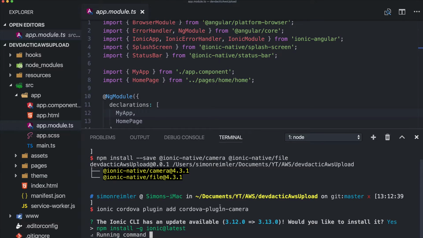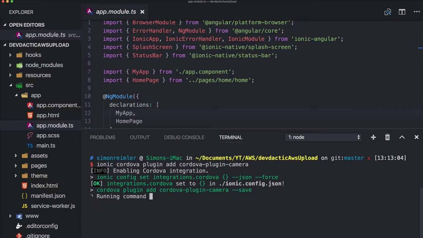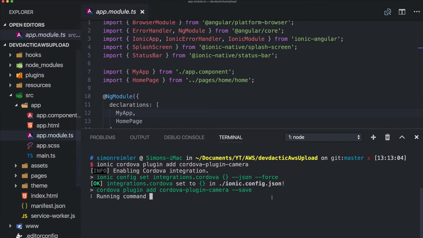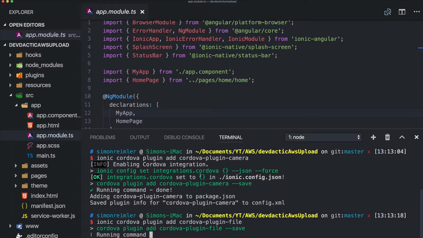So as I said, we need the camera to capture images, and we also need the file plugin to resolve the local path to an image, so we can append that information to the put request we will perform to Amazon. So after using the npm package, make sure to add both plugins as well,